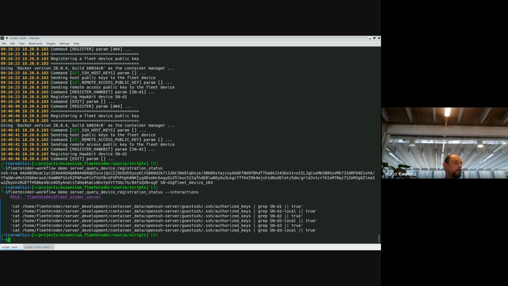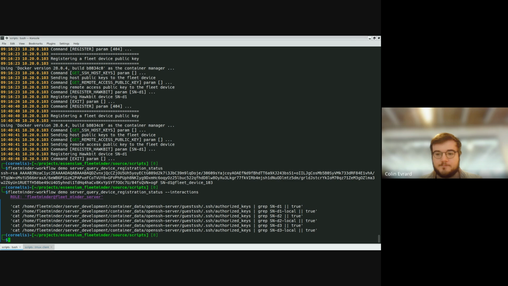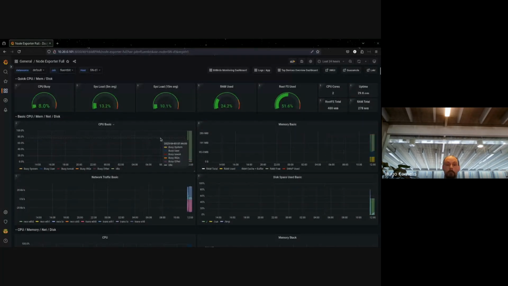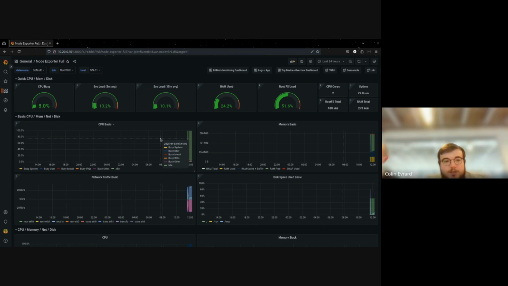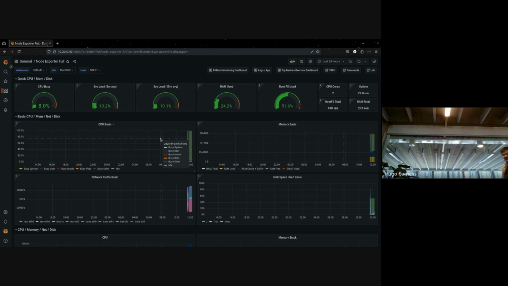Okay, so I will put the right window with the Grafana dashboard on the presentation. And I will let Hugo present all the cool stuff about the dashboard. Okay, yeah, sure. Thank you, Colin. So